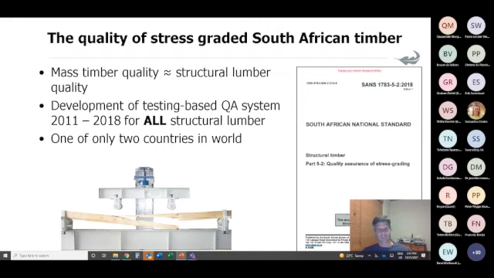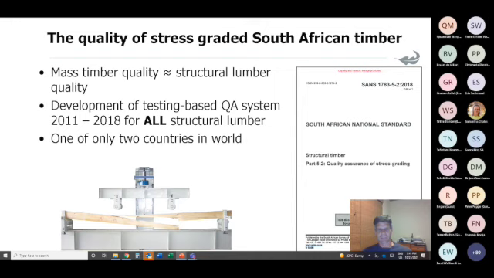Lumber auditing bodies such as SABS and SATAS were involved with the project. Our own university was involved with that, and a quality assurance standard was developed. You can see the picture here, the SANS 1783 Part 5 standard. This standard requires lumber graders to continually test subsamples of their production on a machine like the one you can